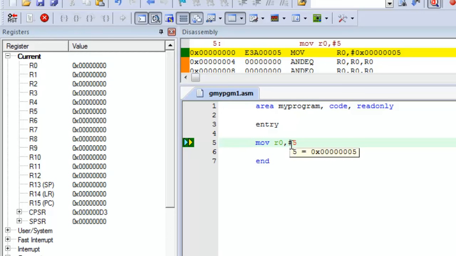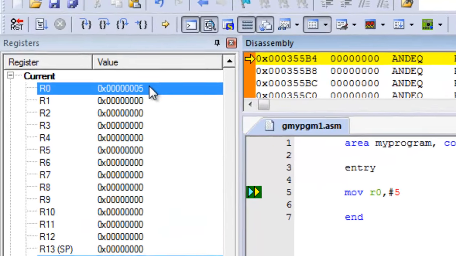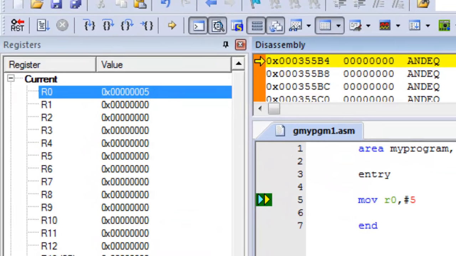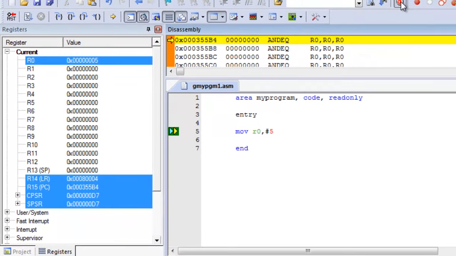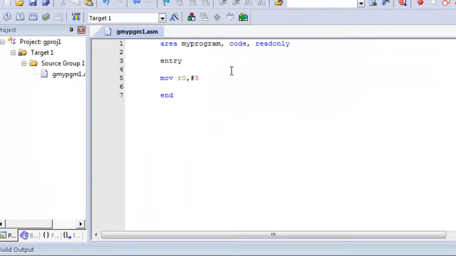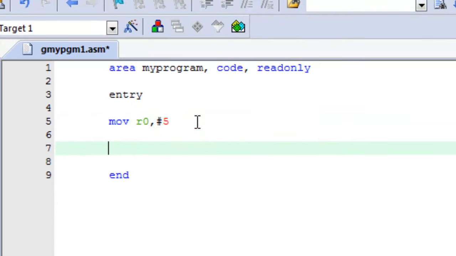So I have moved the value 5 into R0. So when I stop the execution, you see the value 5 appearing. Okay, now if you want to see the 5 instantaneously appearing as and when the line is getting executed, you have to use a label and a branch statement to halt the program temporarily.